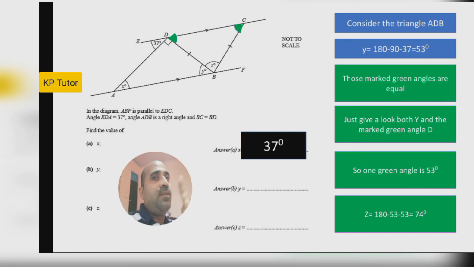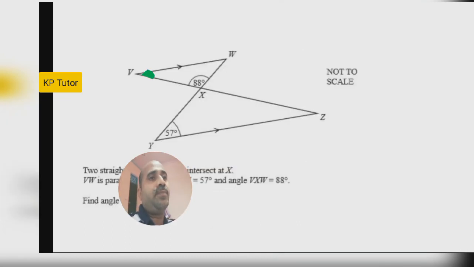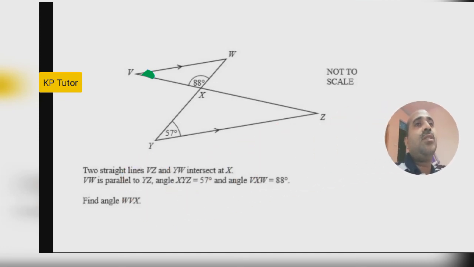In this question, the x value we can find very easily. For the next, y and z values, you have to use some mental work. We have to connect the parallel lines and angles, Z angles, only Z angles apply in this question. So like that you have to think. When you see the diagram, maybe you will be confused. Don't worry, it's actually a very easy question. Some diagrams are complicated, but they are very easy.